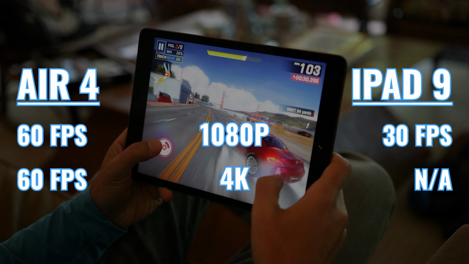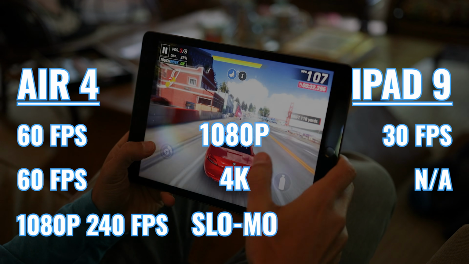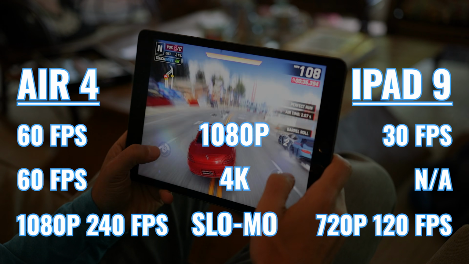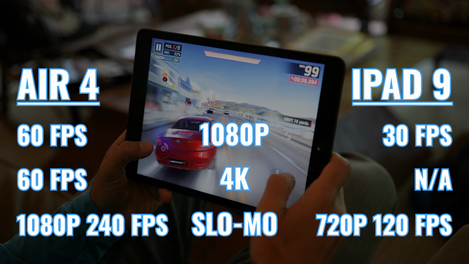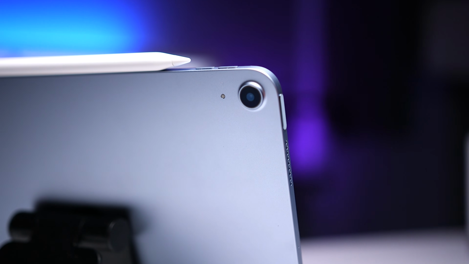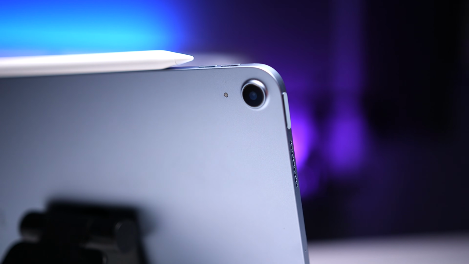And then finally, the Air 4 can shoot slow motion at 1080p versus 720p on the iPad 9, and it can do that at up to 240 frames per second versus 120 on the iPad 9. So this means that slow motion footage on the Air 4 is going to be both higher resolution and it can be slowed down by twice as much. So basically, if you plan on using the rear-facing camera on your iPad, the iPad Air 4 is the clear